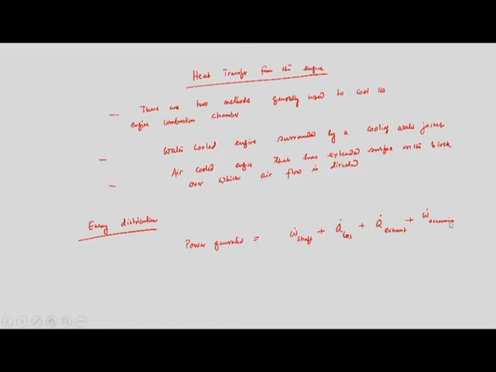So, that means if the total power generated by the engine is W dot shaft, it is brake power or it is indicated power, because for brake power we are taking the power which is available in the shaft, whereas indicated power is the power that is produced on the piston face. So, brake power is lesser than indicated power by an amount needed to overcome the frictional losses. Now, the total power generated can be distributed in these four categories.